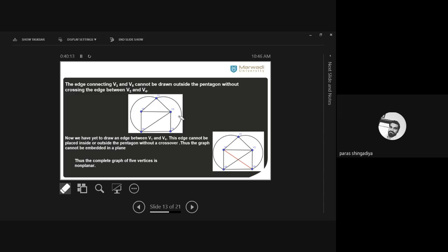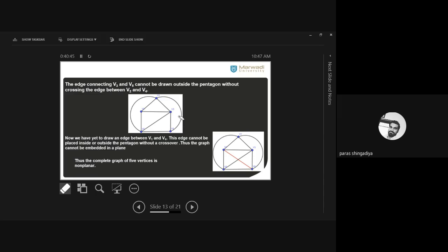This is an important theorem for exams, as well as the final exam, and it's very easy to explain. You just create a K5 without crossover of the edges. First is a pentagon, then second stage, third stage, fourth and fifth, that is the last one. You just explain what you did, and at last you write the final conclusion.